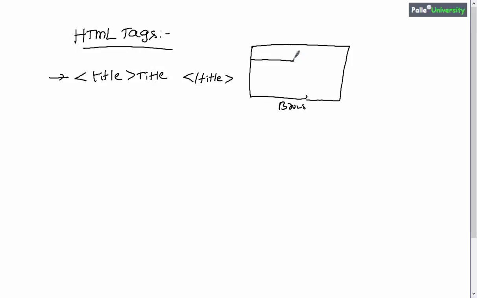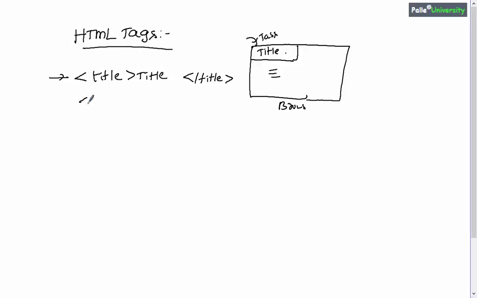When you open the browser, in many cases you will see different types of tabs. You assume that by using one of the browsers, I have opened my HTML code which contains some title inside that HTML. So the title will be displayed in the header or inside the browser's title bar. Okay. So that is the use of the title tag.